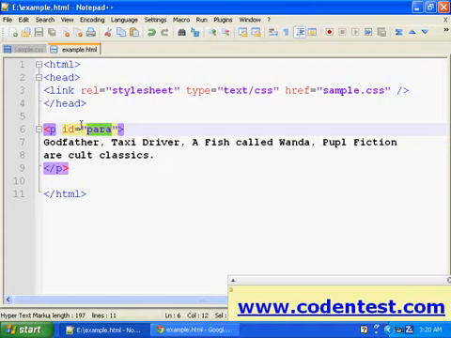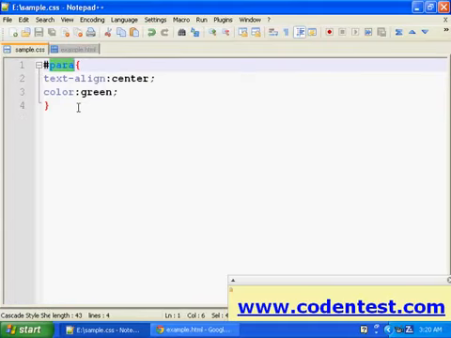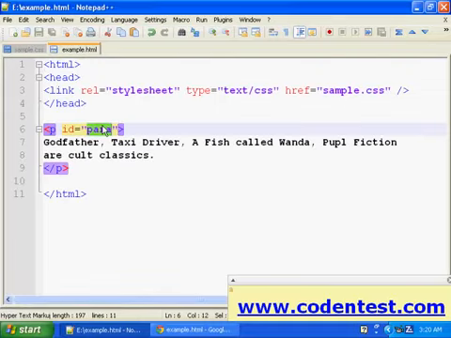All right. And in CSS code we added hash followed by that ID name, and we should not use the same name para for other IDs in our HTML file.